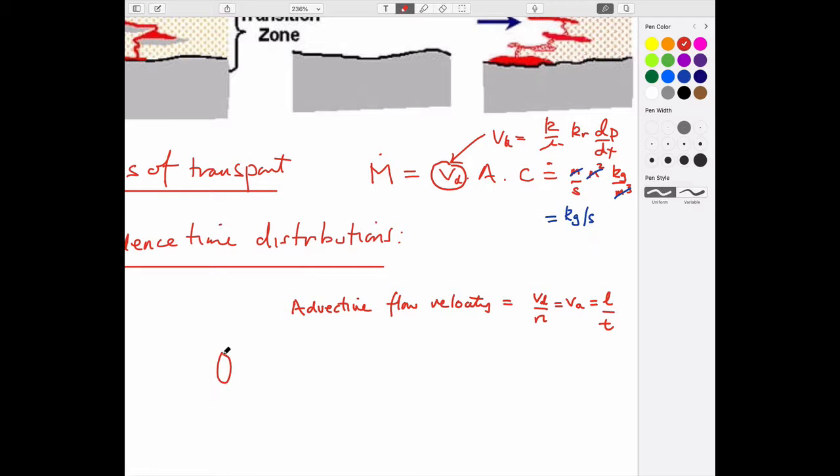And so if you look at flow along a core, which is the geometry that we'll probably look at here,